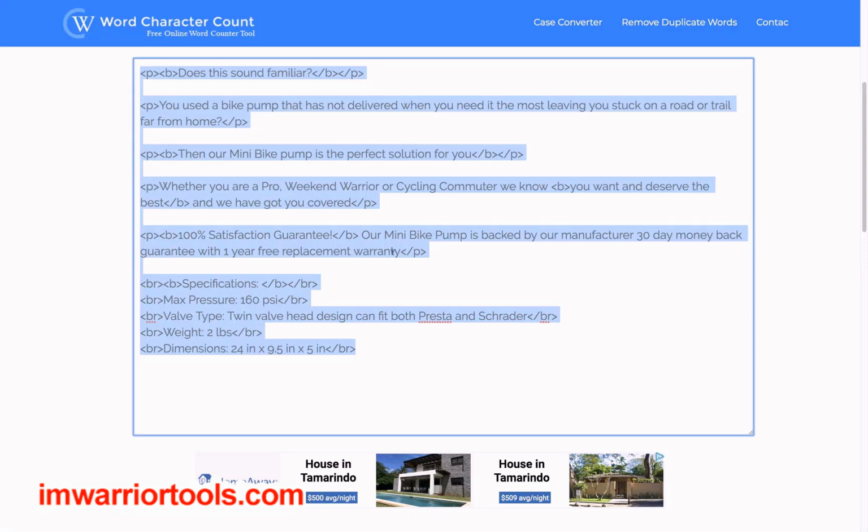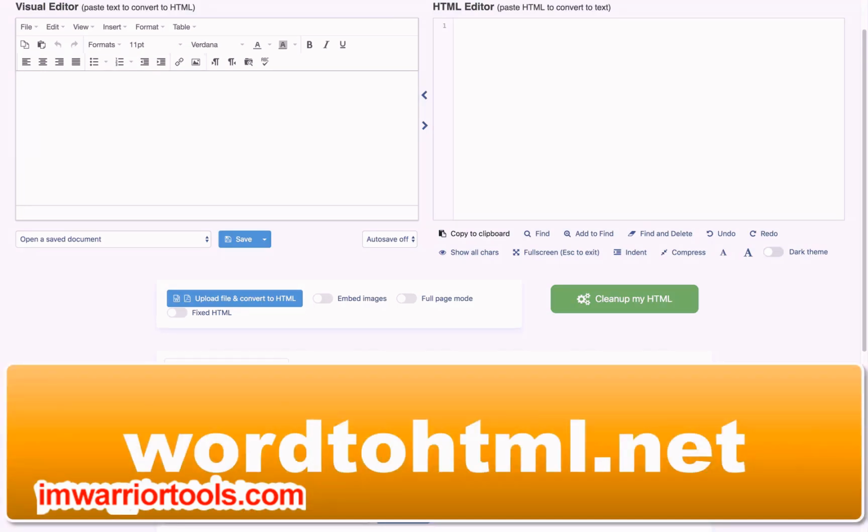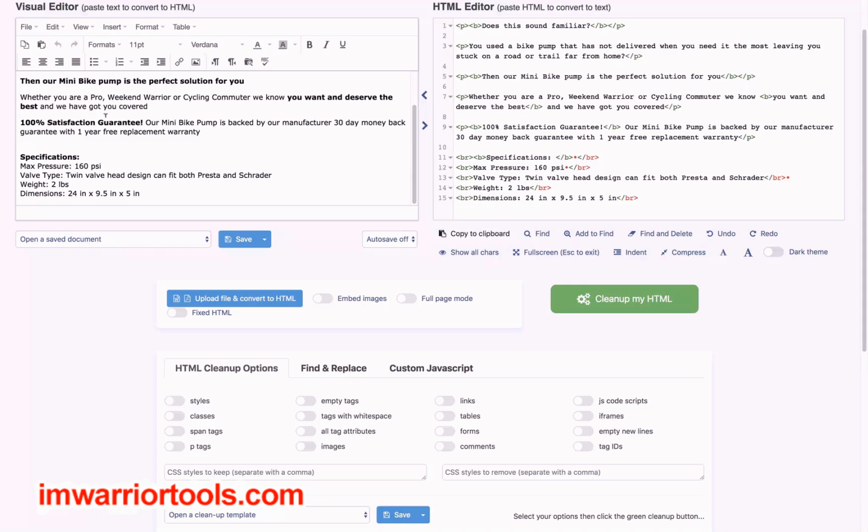To do that, we're going to a site called wordtohtml.net. That's important. It's .net, not .com, but I'll put it on the screen. So if you put plain text in this box on the left right here, it will give you the HTML on the right. But conversely, if you put the HTML on the right, it will give you the plain text on the left. So I'm going to paste it in, and there you can see we've got it looking exactly